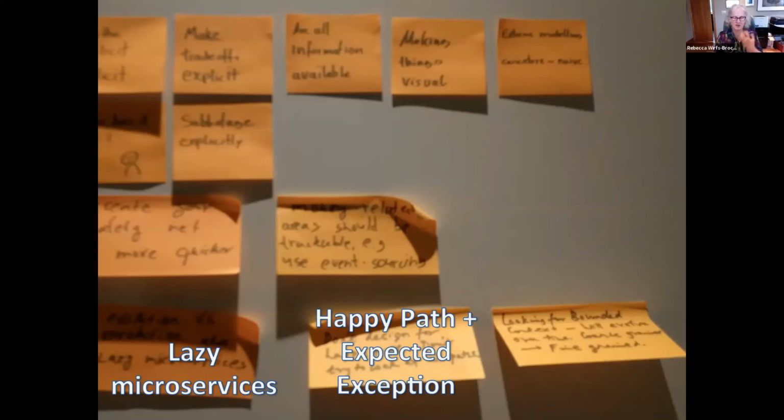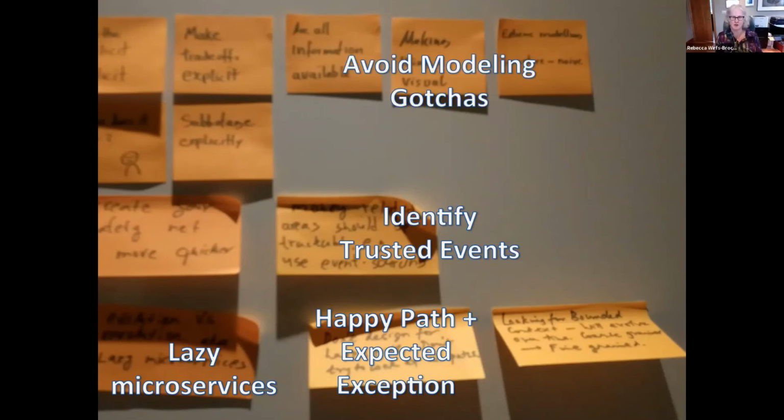So don't design only for the happy path. And expected exceptions, people might debate about them, but that's what they are. Trusted events: we're in an event-sourced kind of system, identifying trusted events, and there's a bunch of trade-offs,